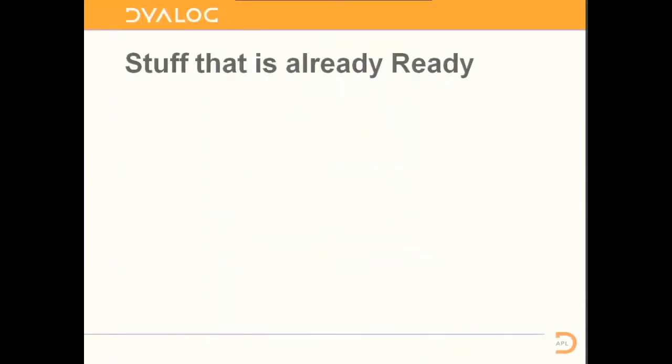So the stuff that's already ready that you have, we made with version 13.0, we introduced a new version of the IME, the keyboard input method editor. And there's a couple of features of that which are quite cool that I want to demonstrate to you. As I say, that's in 13.0. And if you haven't got 13.0, when you've picked up your USB sticks, you'll have a copy of the conference edition, which will include the new version of the IME. The stuff that's very nearly ready is the stuff that will be coming in 13.1, coming to a shop near you soon,